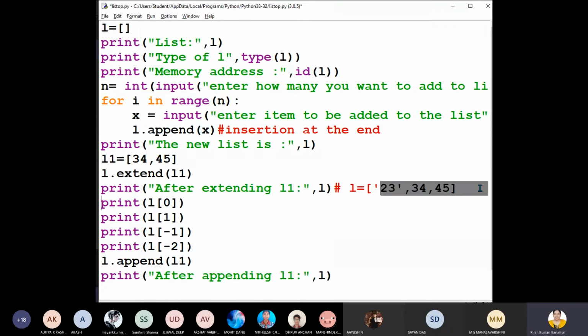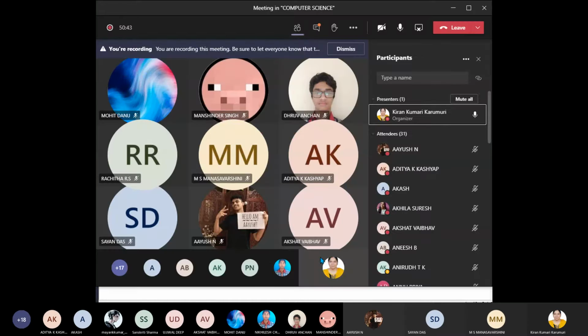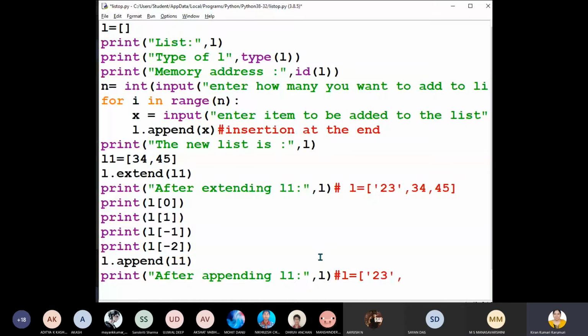Now, if the list is this one, and if I have appended 34, 45, what is the new list? What will be the new list here? With red color I am writing, no, there. Akshat, Vaibhav, can you tell me?